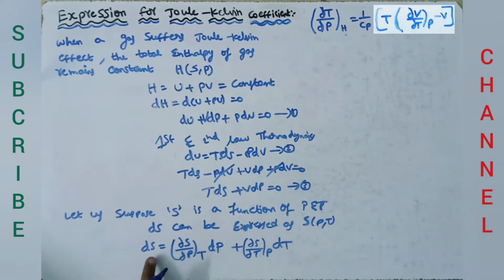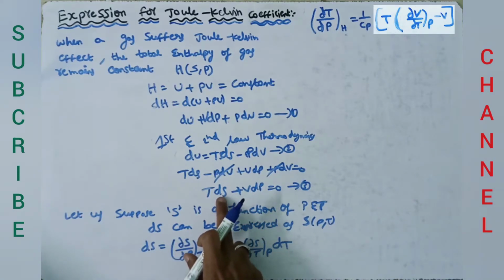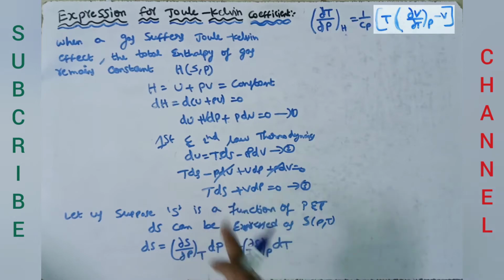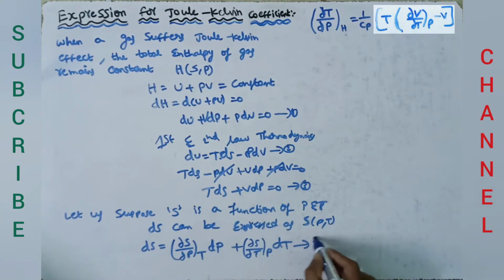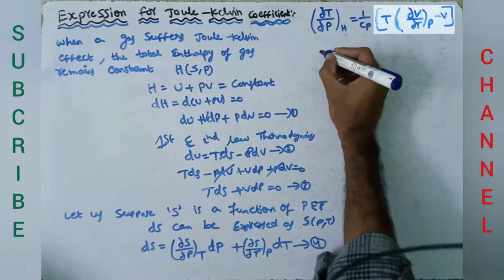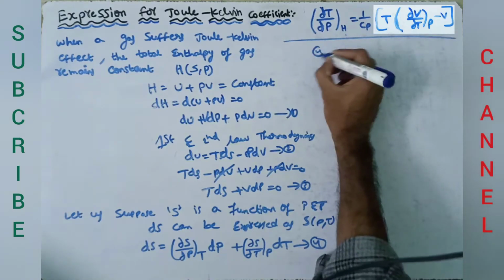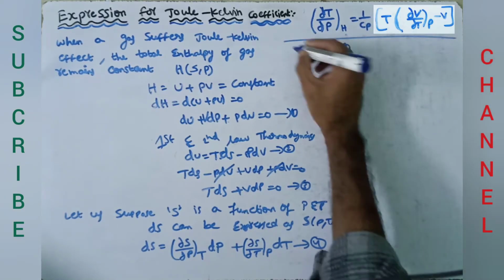This is equation number 4. Substituting this dS value in equation 3, that is, substituting 4 in 3,